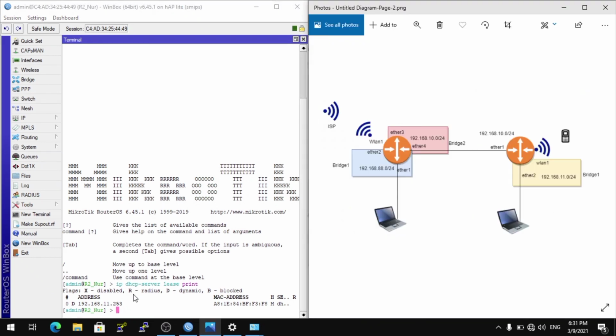And next, configuration interface wireless. VLAN 1, create access point.